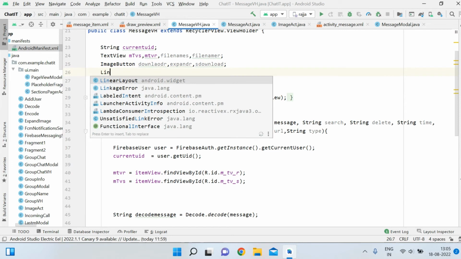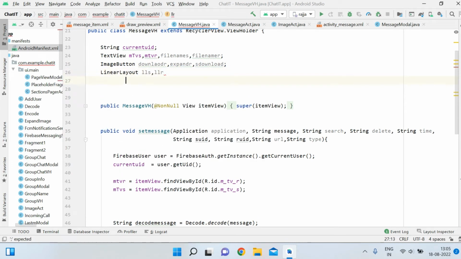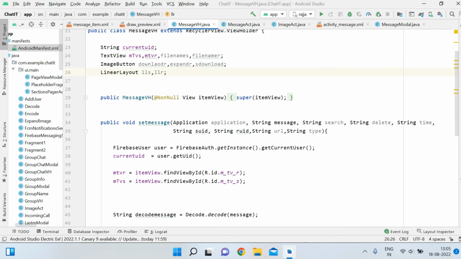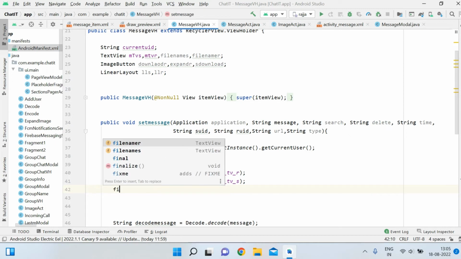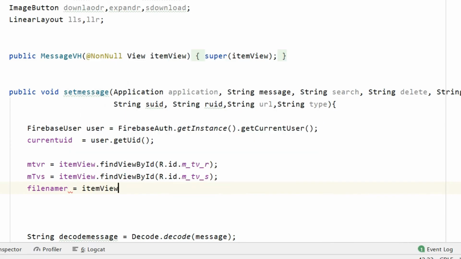And linear layouts, so linear layout lls underscore llr. And I guess now three image buttons, two text views, two linear layouts, that's all. And then here you have to give the reference for all of them. Okay, so we will start from the file name r equals item view dot find view by id, R dot id